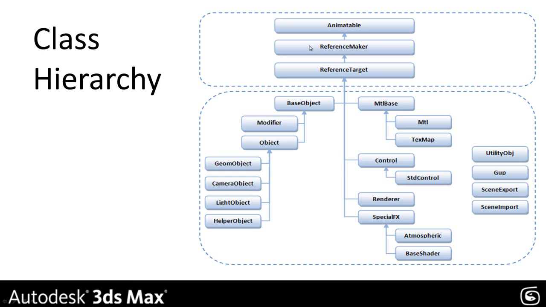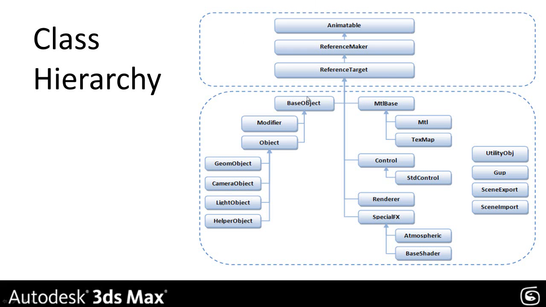Derived from Animatable is the reference system. At the top level we have what's called a reference maker, and then we have a reference target. These are the classes that define the relationships between objects and how they're structured. We'll talk about that in detail later. These are really the base classes that make up the system, and then under that you can see we